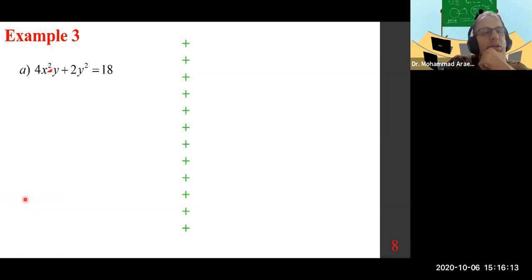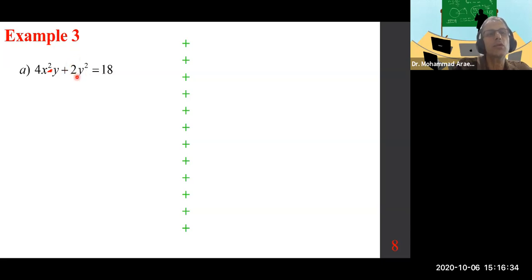Okay, so how do we do that? 4x squared gives us 8x times y. Y gives us y prime or dy dx times 4x squared, plus